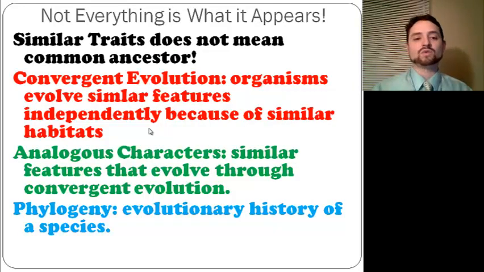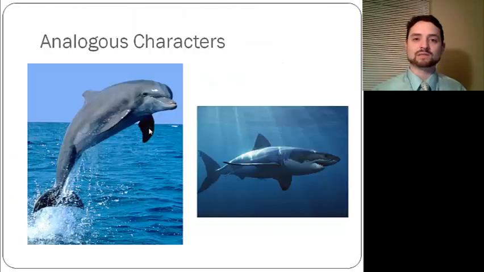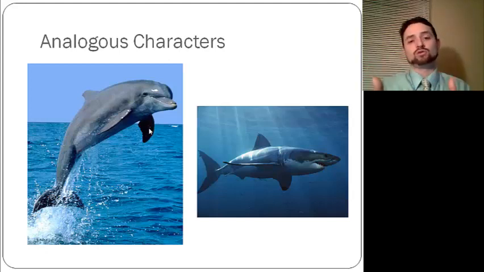Now, when we're studying these organisms, what we like to look at is phylogeny, the evolutionary history of a species. And as we understand evolutionary history, we understand more about their naming and their classification system, and that's where all of this ties in. So when we look at the shark and the dolphin, they are analogous structures, and we want to understand, well, what about them? What are they closely related to then? What can we group them with if it's not each other? Because you actually wouldn't group the dolphin and the shark together in classification schemes. You wouldn't group them together much at all.